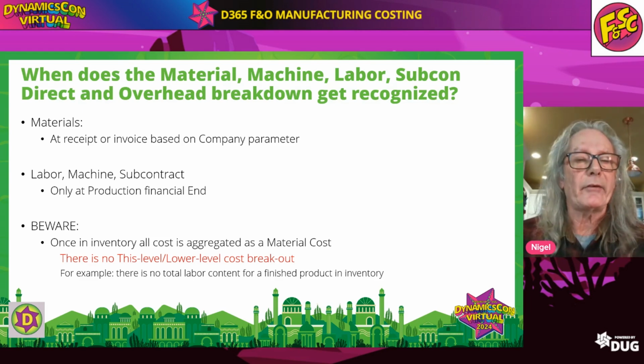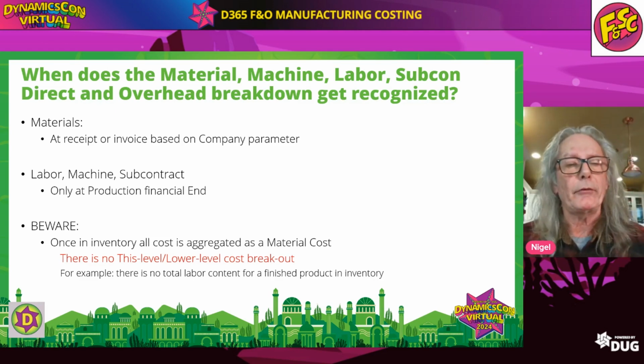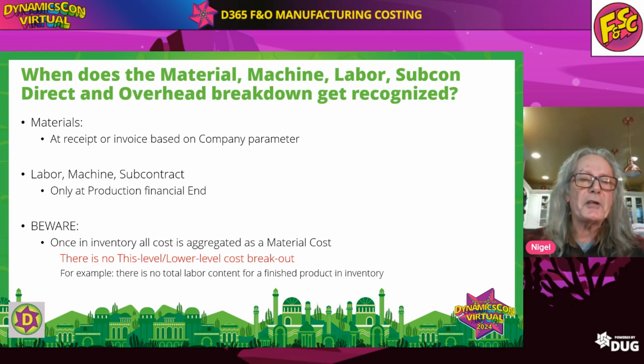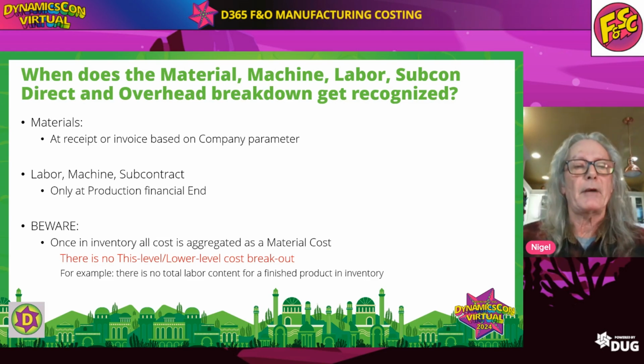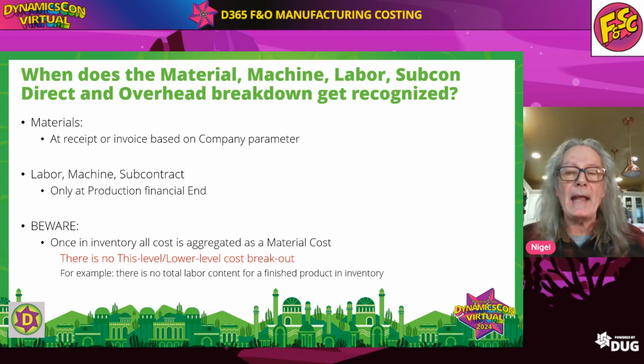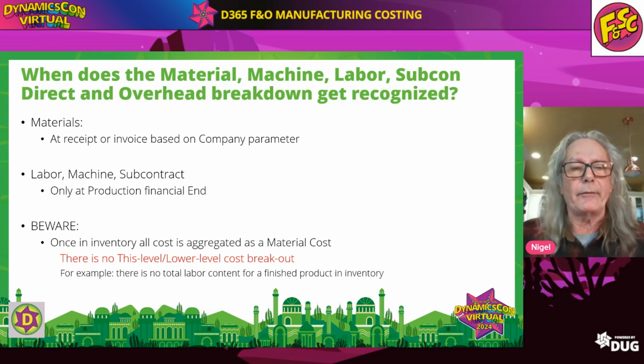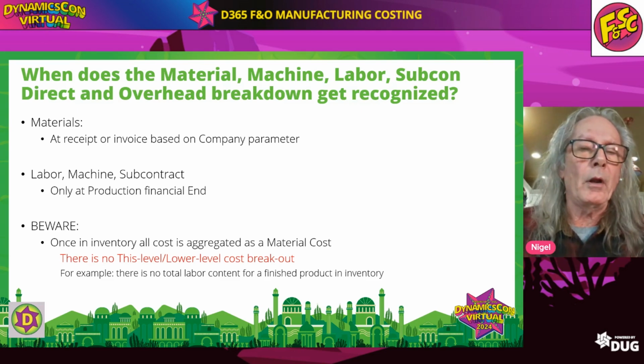It will get recognized at receipt if you've got it set that way, or at invoice if you've got it set the other way. With labor, machine, and contract, it only gets recognized at the end, when you end a production order. And there's a good reason for that, right? You don't know